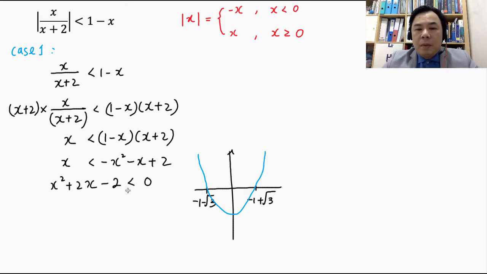I'm interested in the section of the graph that is below the x-axis. This portion of the graph lies between x greater than -1 minus root 3, and less than -1 plus root 3. Therefore, I can conclude my first solution to be